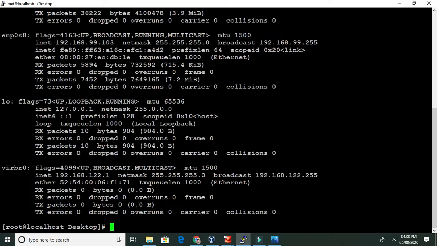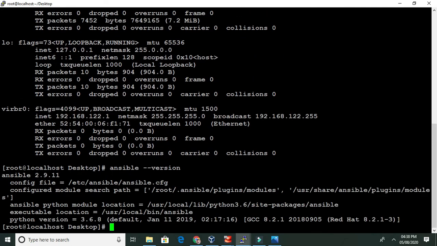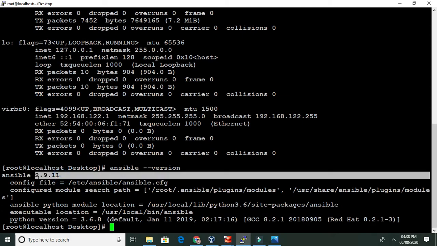ifconfig. This IP ending in 103, please remember, is our controller node where our Ansible is running. Ansible version: Ansible 2.9.11 is installed here, the latest version.